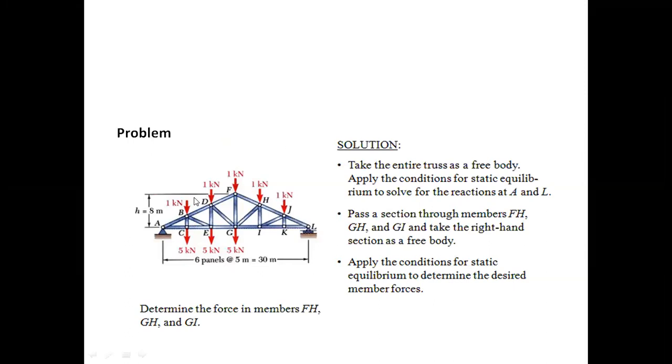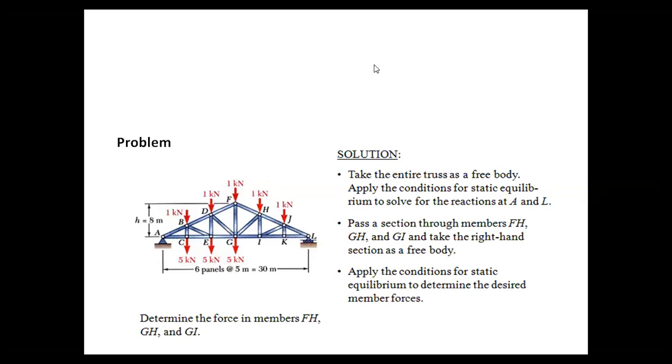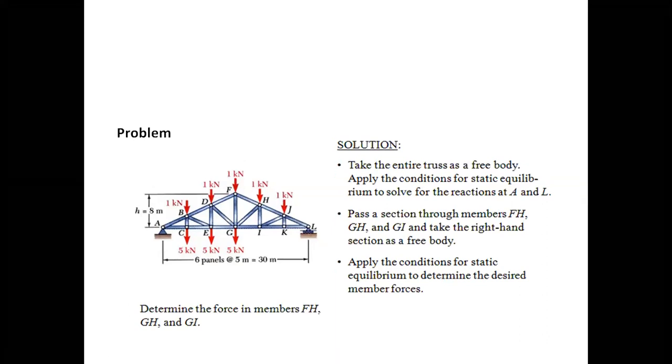Now, see this truss. There are so many members: AB, BC, AC, BD, BE, DF. So many members are there, and the loads are also indicated: 1, 2, 3, 4, 5, 6, 7, 8. Eight concentrated loads, and again one is the roller support and one is the hinge support. In this type of truss, we need a symmetrical truss. If you find the force in this, the force in this will be calculated.